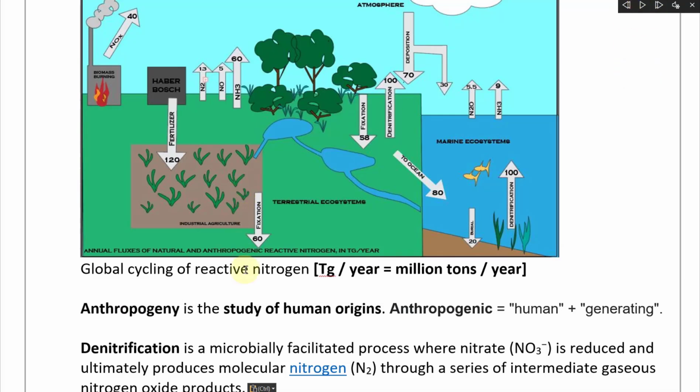Anthropogeny is the study of human origins, and anthropogenic equals human plus generating. So basically, this is human-generated annual fluxes of natural and human-caused reactive nitrogen. And here, and then this